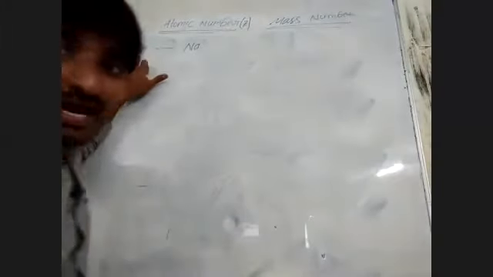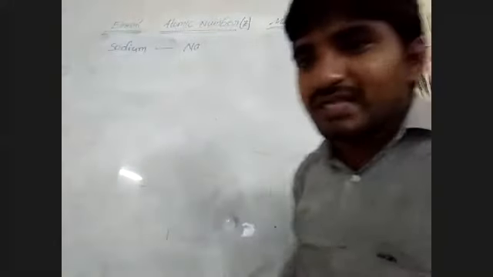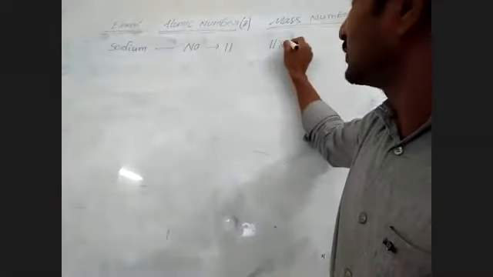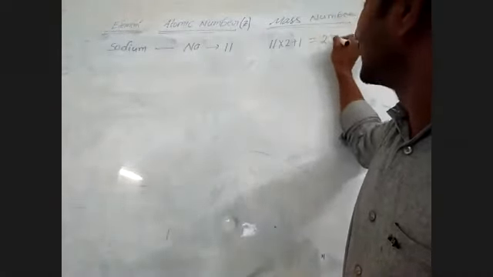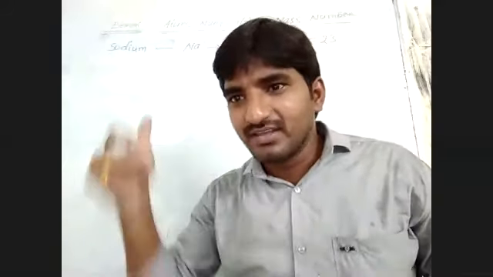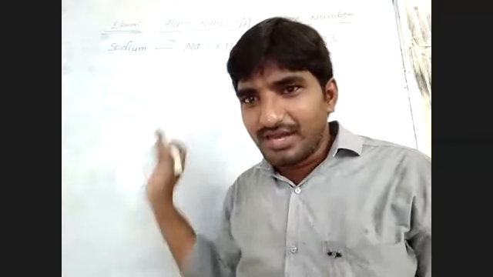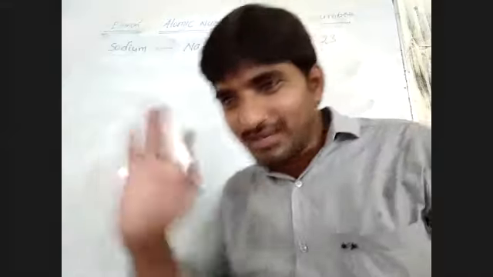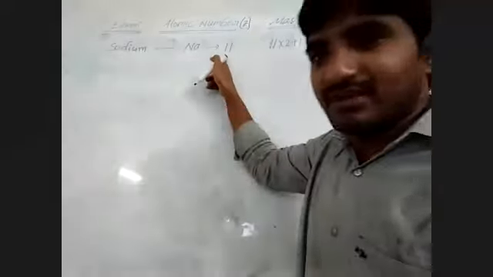Sir, you write sodium as Na, but that letter is not there. This is called Latin names. In Latin the name is natrium. So that's why I am writing Na. So what is the atomic number? Atomic number of sodium is 11. So what is the mass number? 11 into 2 plus 1 equals 23. Why? Because 11 is an odd number. Are you understanding? Right. Now, sodium atomic number is 11. 11 into 2 plus 1 equals 23.